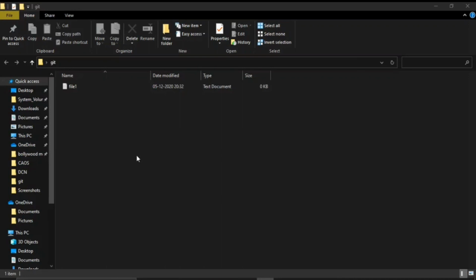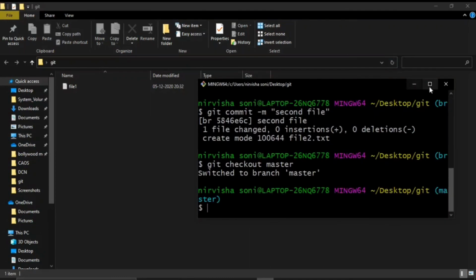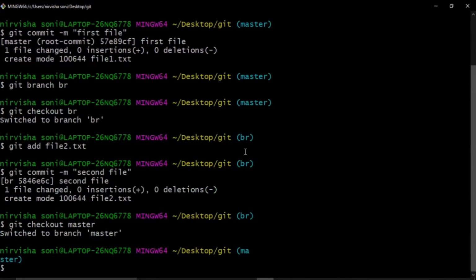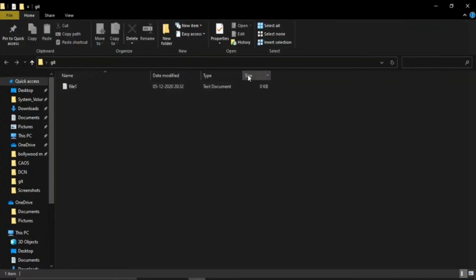So in this way, by creating different branches, we can again create another branch here and we can add 3 files in that, and in this way we can keep doing that, and we can keep things separated very easily. So by creating different branches, you can keep your code very neat and clean, and you can keep things organized. And this is why branches are very essential for us.